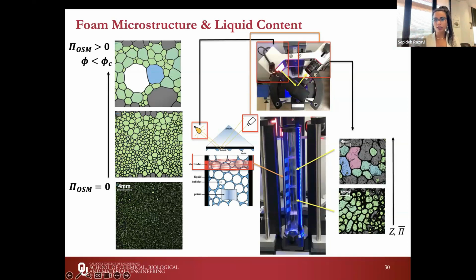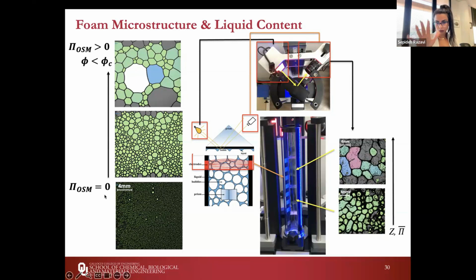What we do is put these in the dispersion before we start the foaming. What it does is simply measure the conductance across the foam. If you have more water, higher conductance, so higher volume fraction of the liquid. If you have more bubbles, lower conductance, and higher volume fraction of bubbles. So from there, you can get information about the volume fraction of each of the two phases. And this can be very helpful.